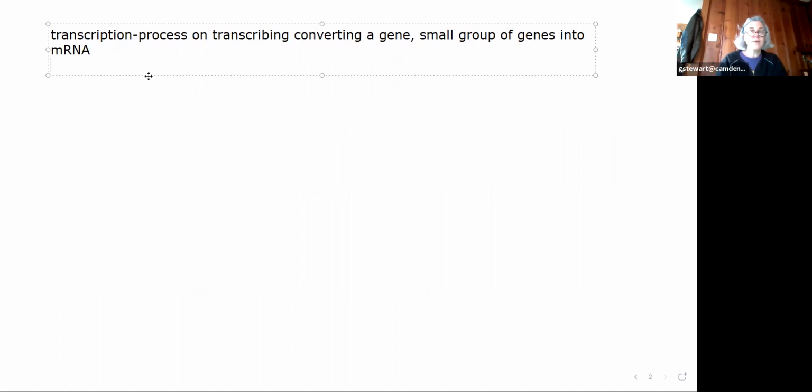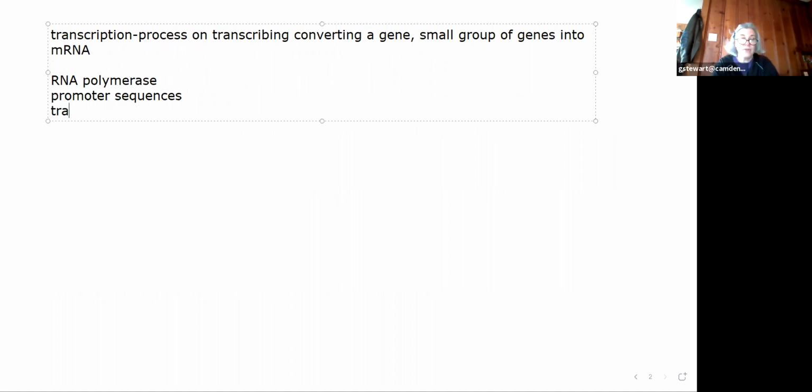That whole first part of the chapter is about the enzyme RNA polymerase, the promoter sequence on the DNA where that RNA polymerase can bind, and what we call the transcription bubble. Remember, only one strand of the DNA, the template strand, is, I'm going to put this in quotes, "read" and converted, or transcribed,